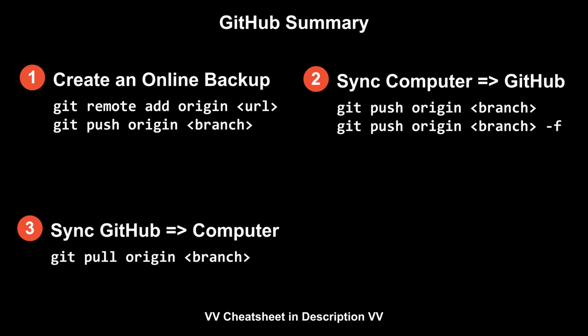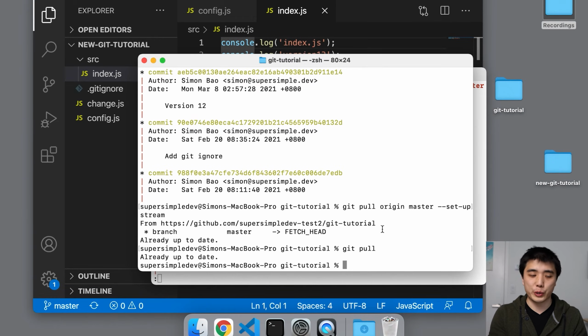One thing you'll notice is that all of the git commands we run have to be done manually. For Google Drive, when you change something on your computer, that change will be synced automatically online. And when you change something online, those changes will also be synced automatically back to your computer.